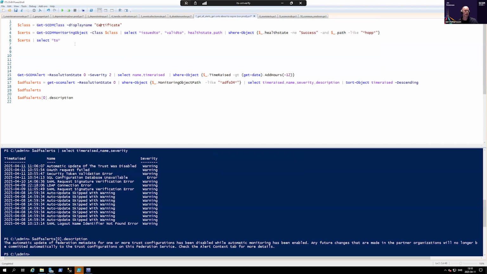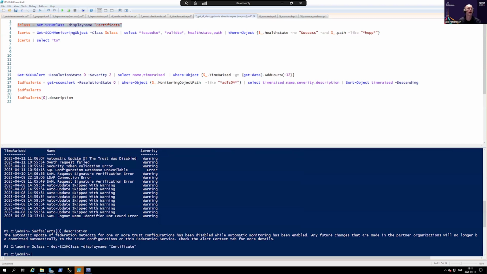Another example that's often good to use is certificate alerts. Here I use the Enterprise PKI management pack, and I use the SCOM class display name certificate, and then I get all the SCOM monitoring objects with